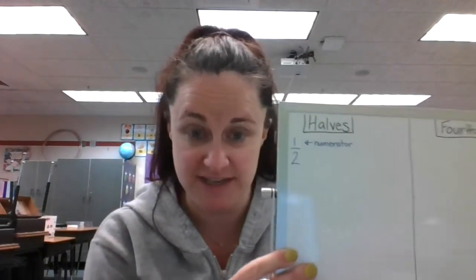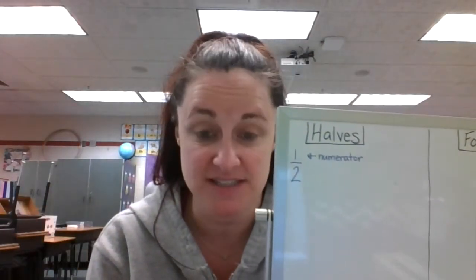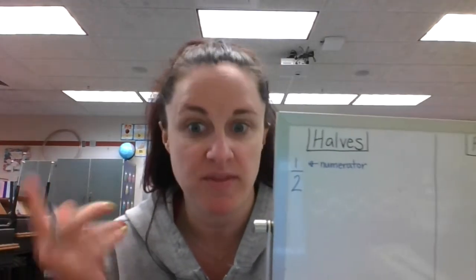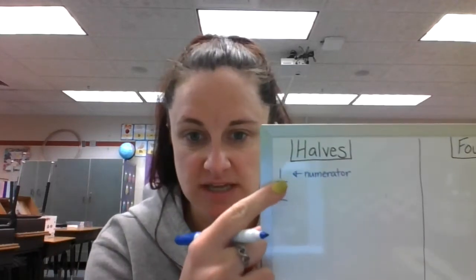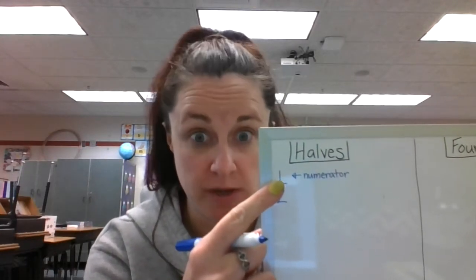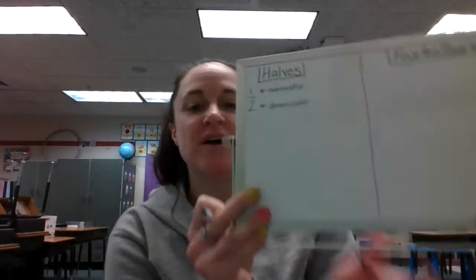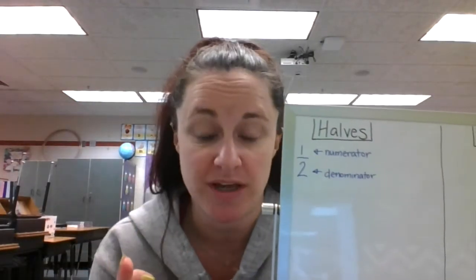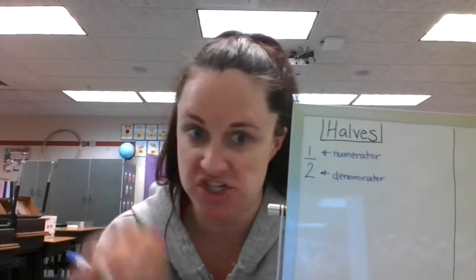And the numerator is telling me how many of the pieces that I have selected or colored in or want to see. That's what the numerator tells me. So this is telling me how many I want or how many I'm showing. The bottom one is called a denominator. Got some fun fancy words, right? So a denominator tells me how many pieces there are total in my fraction, in my shape, in my number,